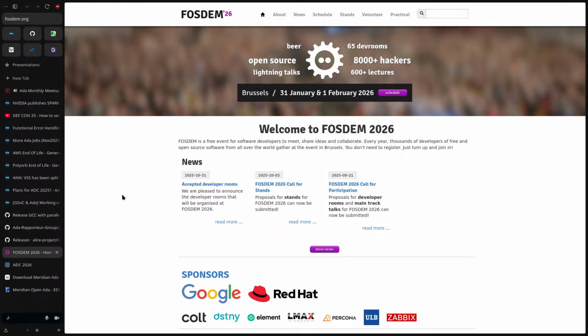JavaScript was not even accepted, but there is a specific web development dev room, so probably JavaScript and TypeScript can go there. A little bit sad, but there is still a silver lining, and we still have the possibility to have a stand, just like a few years ago, to go and talk to people, which I personally really liked.